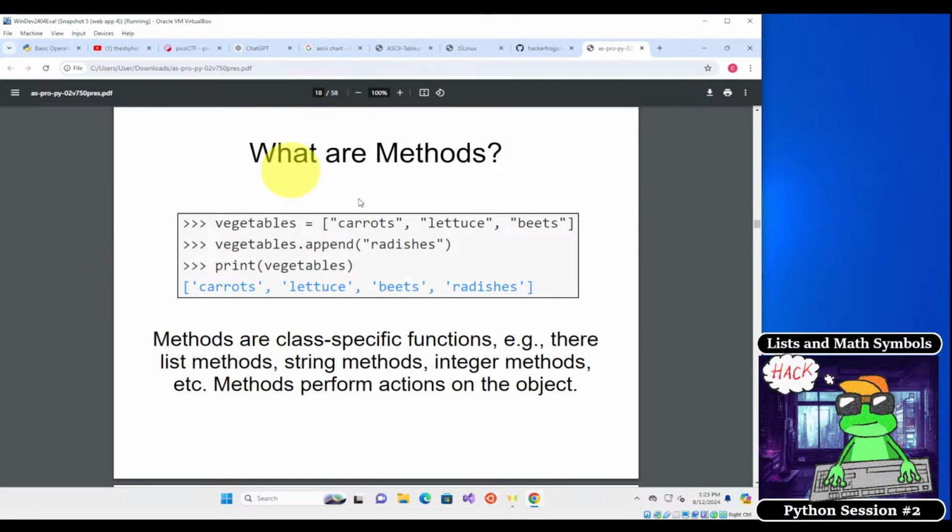Okay, so we're talking about these methods for the list. So in this case,